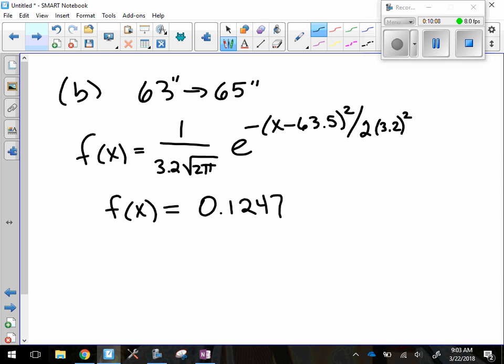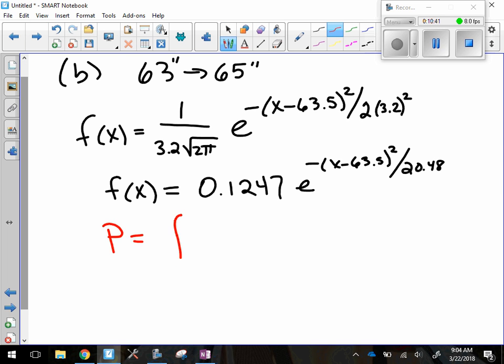All right, we'll go to there. Kind of a reasonable number of things to write down. Okay, and then we've got e to the negative x minus 63.5, that whole thing squared. Can't do much about that, but what's 2 times 3.2 squared? Okay. And then,